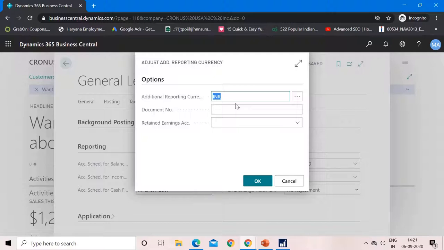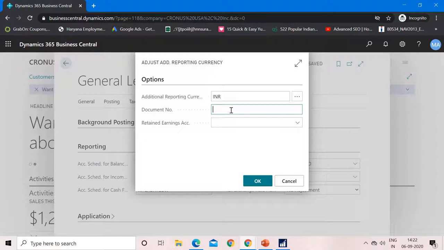Okay, so for example, if your local currency is US dollar and you have already posted, let's say, a $100 invoice, so your local currency amount is 100, but now this batch will convert that $100 amount into the INR amount, and it will check the exchange rate window which I already showed you in the currency master setup. Okay, so the additional reporting currency will be INR only.